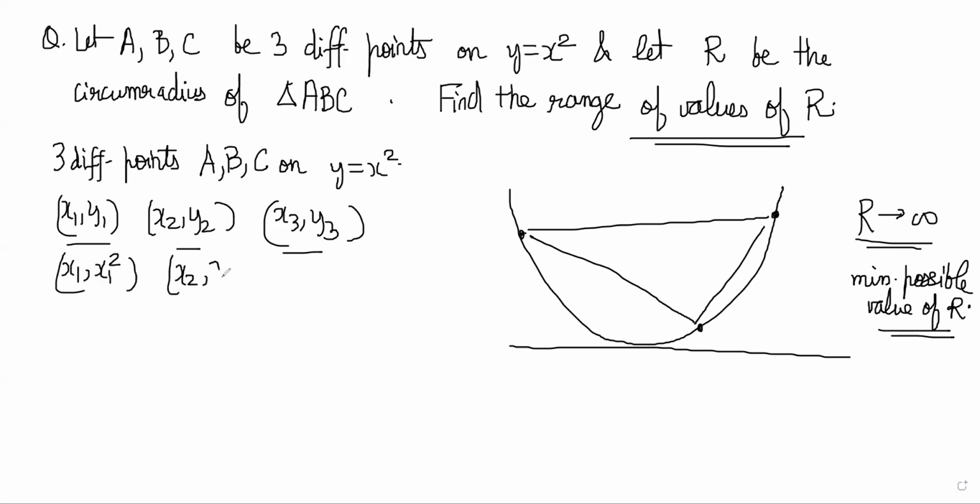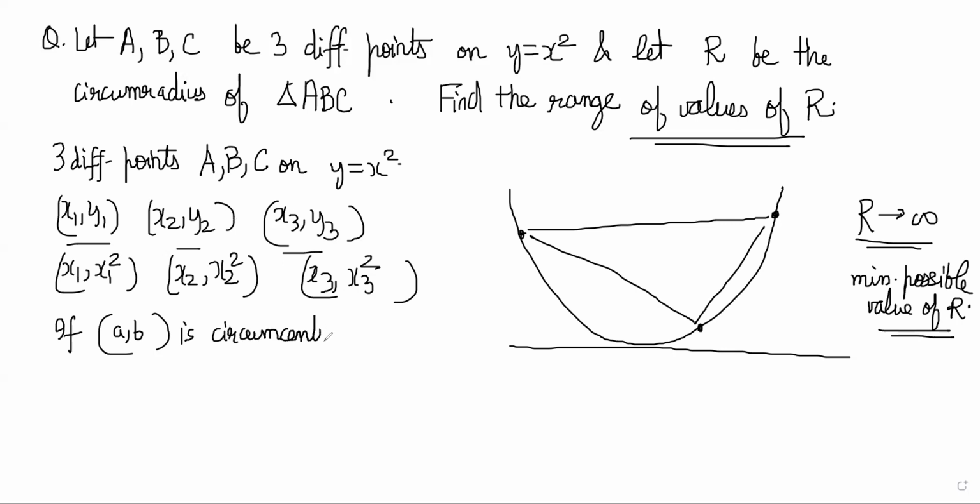And x2 comma x2 square, x3 comma x3 square, right? So if a comma b is the circumcenter of triangle ABC,